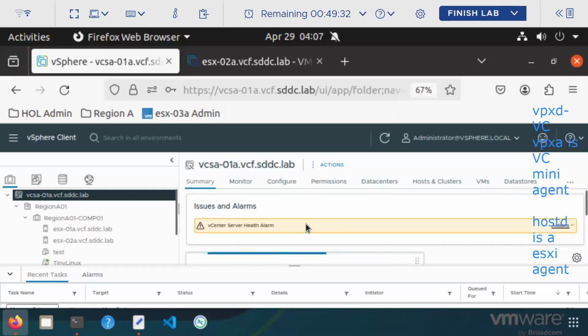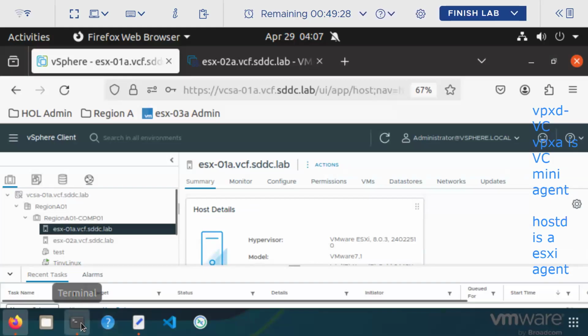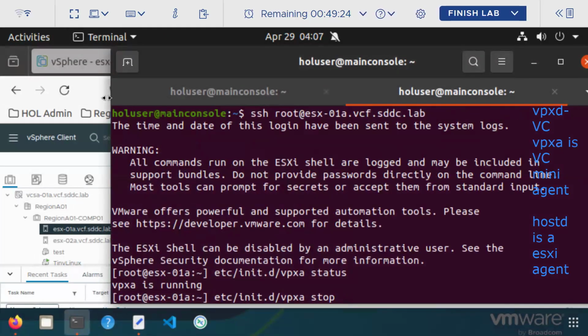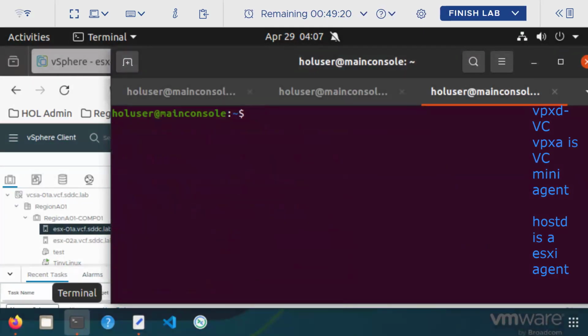Okay, now you guys can go and do the practice. So how to do this practice? If you want to log into any one of the ESXi, just click on this terminal and here type SSH space